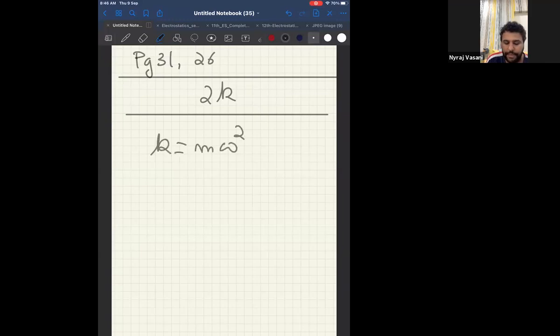Correct? Now, does mass depend on length of a pendulum? No, correct? Does omega depend on length of a pendulum? No. So can I say K does not depend on length for a pendulum? But generally for oscillation, if I take spring constant, now,